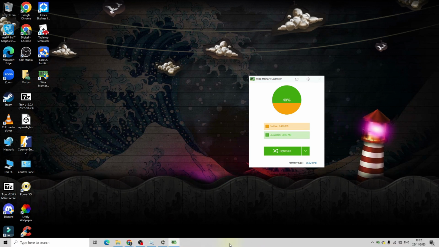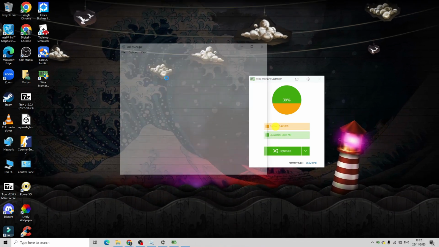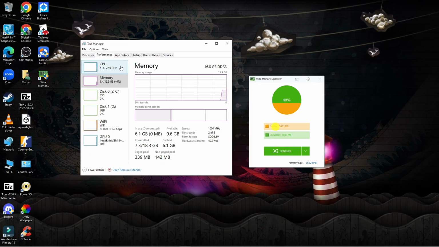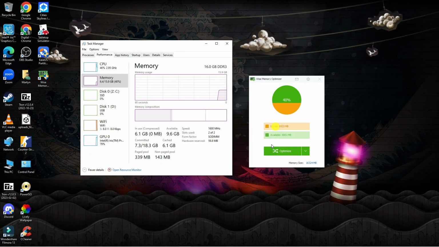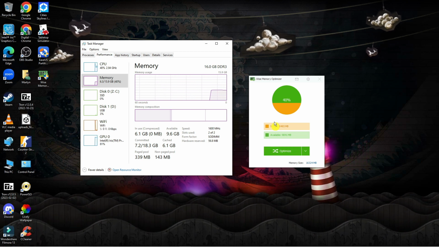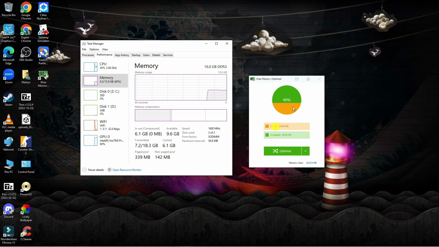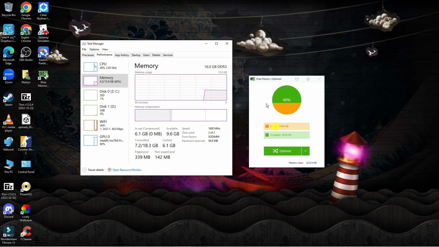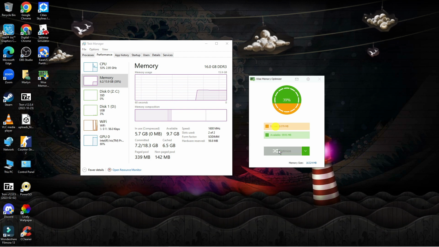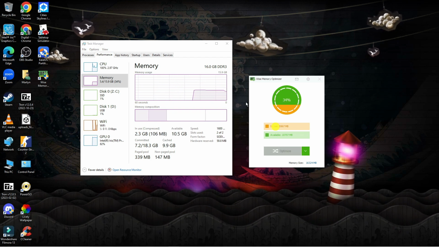Now I'm just going to right click, come down and open up my task manager, and press onto the performance tab. What you'll notice is there's a green optimize button at the bottom of the Wise Memory Optimizer. You can see currently that a lot of my memory is being used up by my system. If you go ahead and press the green optimize button, it's actually going to recalculate,